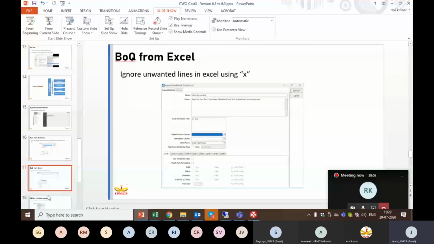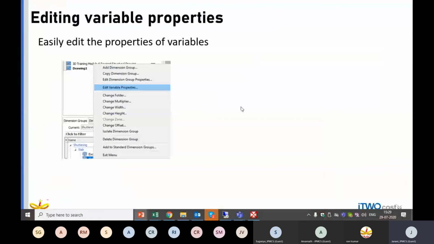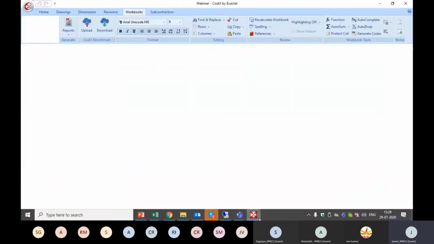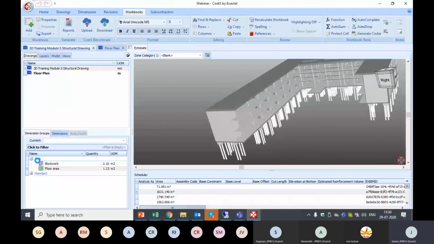Moving to our presentation, now we can edit our variable properties directly in Costex 6.9, which is not possible in 6.8. If we want to edit the variable properties in 6.8, we need to access the system administration. I'll show you with 6.8.